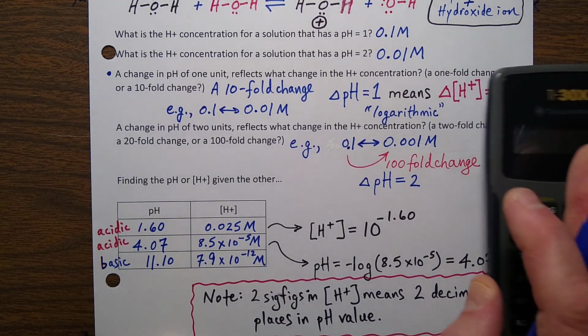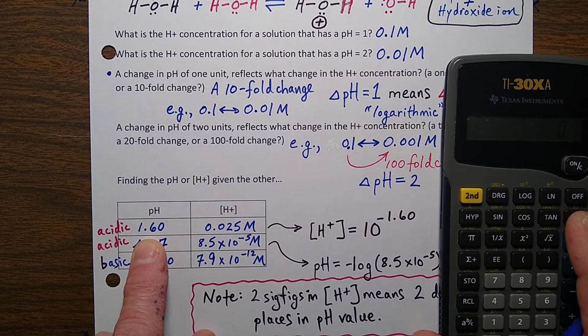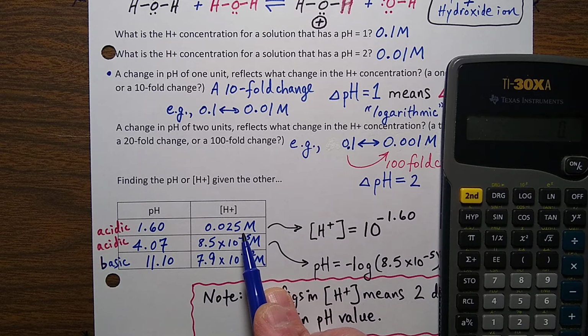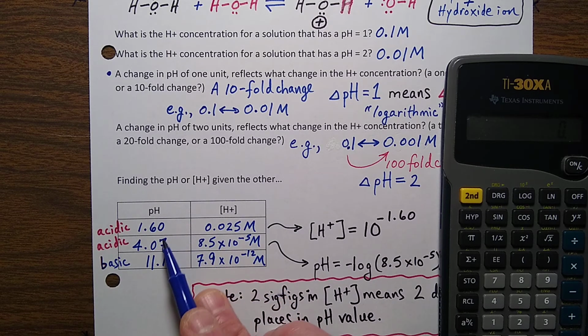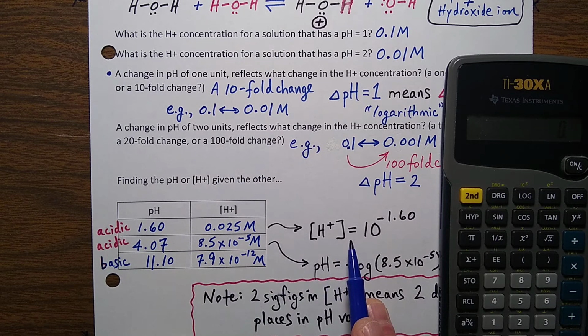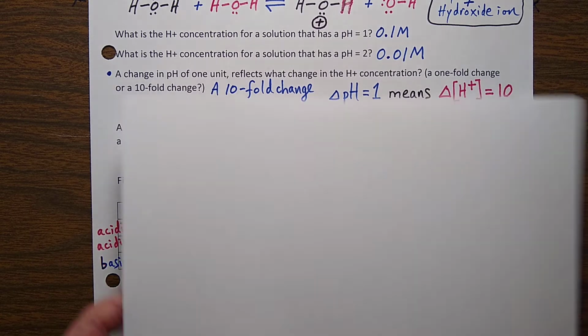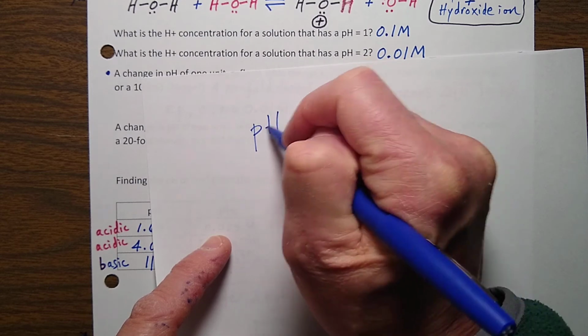Well, let's just say, for instance, I was given that the pH is 1.6. How do I go from pH to hydrogen ion concentration? Because of the way this is defined, I have to take what's called the inverse logarithm of the opposite of that number. That is confusing, I understand. I'm going to give you some examples and write it out. So if you have a pH of